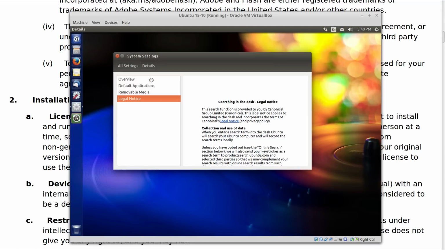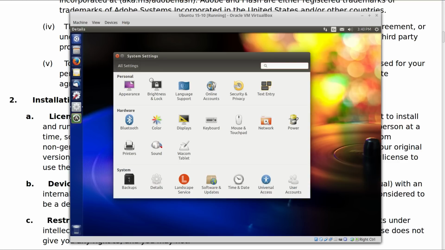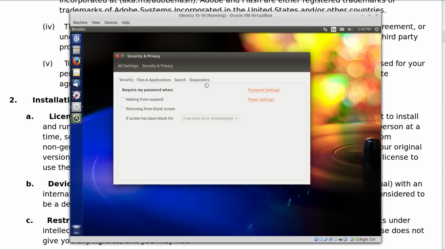Okay. If you install Ubuntu, then as soon as you install, before you open the dash for any reason whatsoever, if you come in here and go to search and turn that off, and there are some other privacy and security things in here as well that you can turn off if you want to, then it doesn't work anymore. It's gone. It doesn't exist.